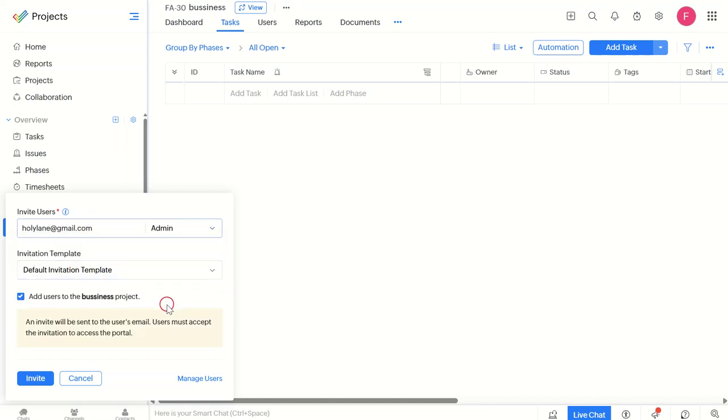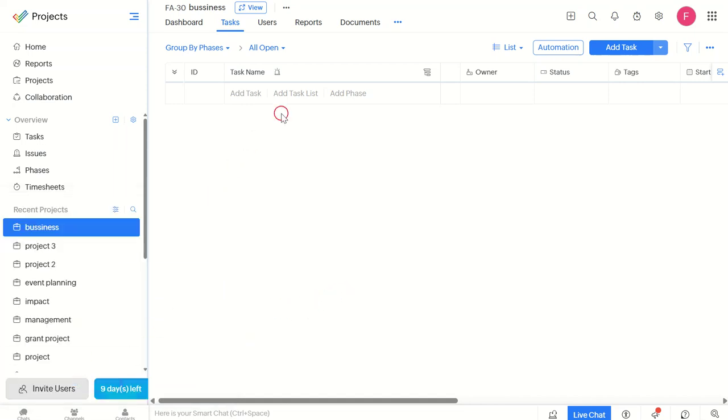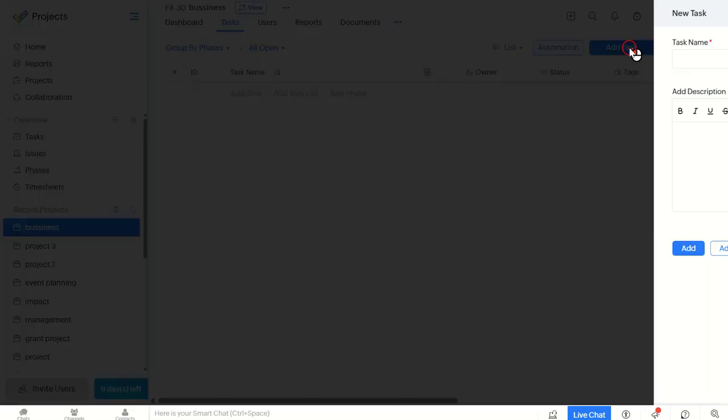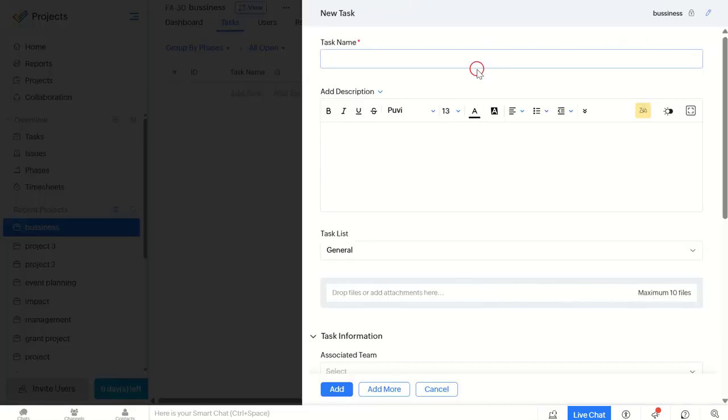Once everyone's on board, it's time to start creating tasks. Head over to the Task section and add all the tasks related to your project. This could include inventory management, order processing, customer service, and so on. This helps us because it breaks down the project into manageable pieces, making it easier to keep track of progress